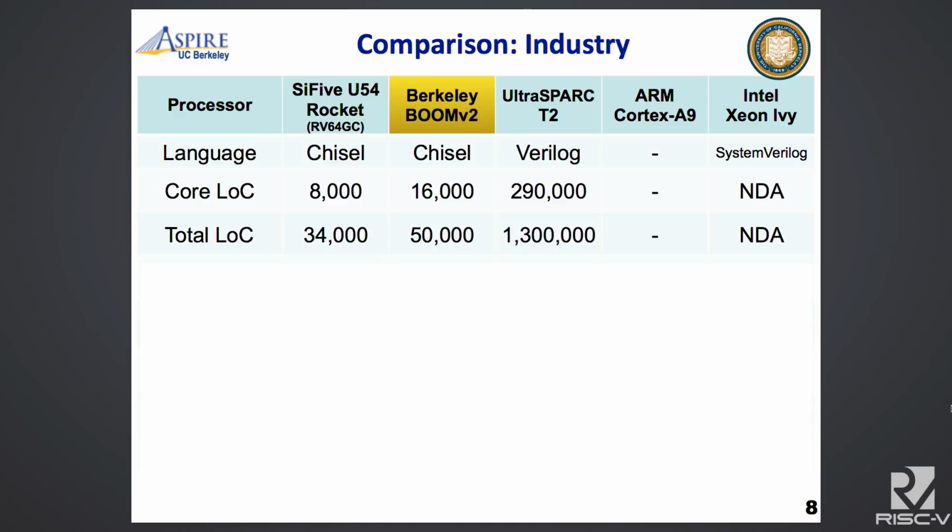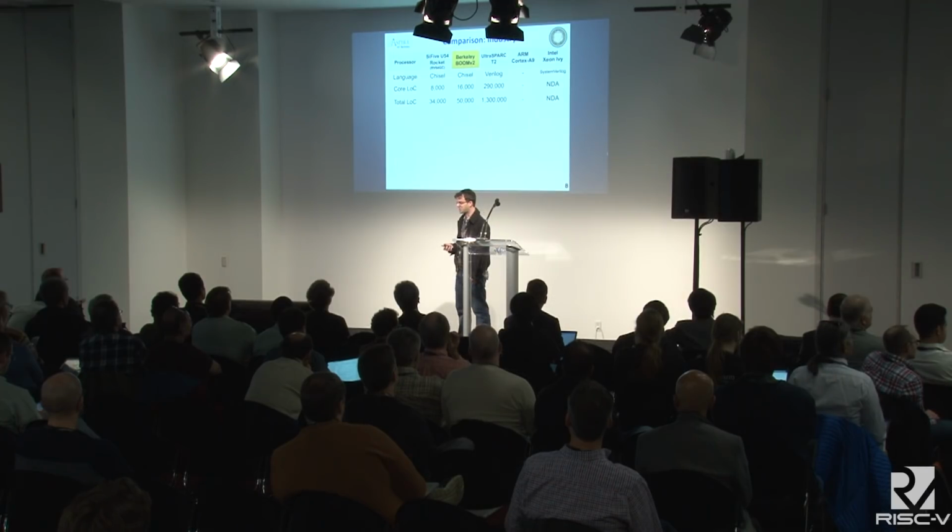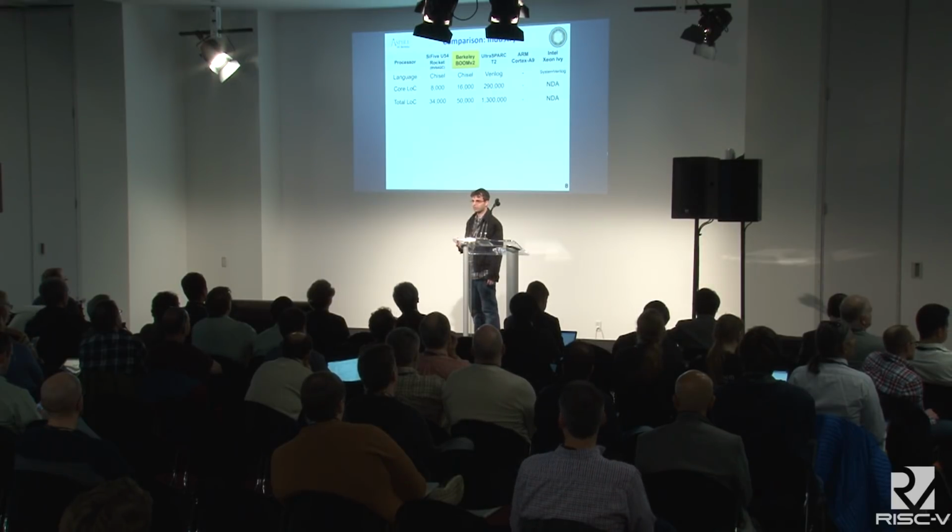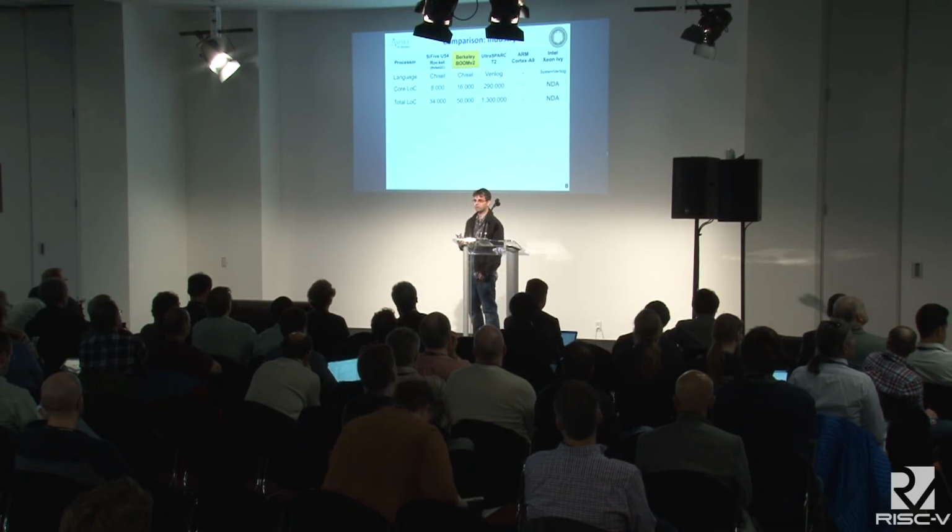To give an idea of exactly where Boom fits in the processor space, I figured I'd show Boom compared to a few other processors. I'll start with the Rocket in-order core in this column. This used to be compared to Berkeley tapeouts, but now it's supported by SiFive. It now qualifies as an industry core, which is great because there's not a whole lot of open source industry cores to look at. Since there aren't any, I have to instead talk about the UltraSPARC T1 and T2. Those are in-order multithreaded cores, and so you can get a feel for maybe the difference